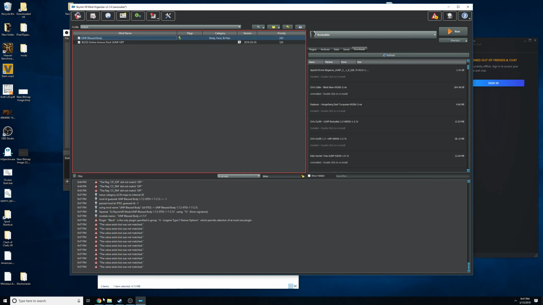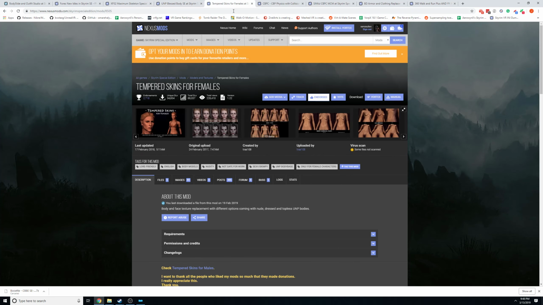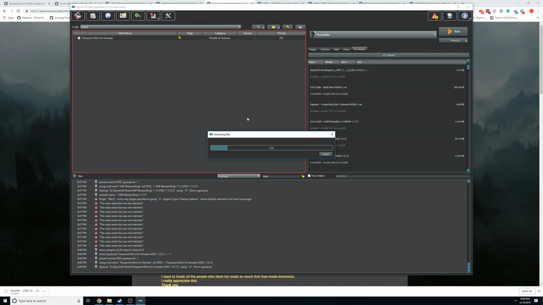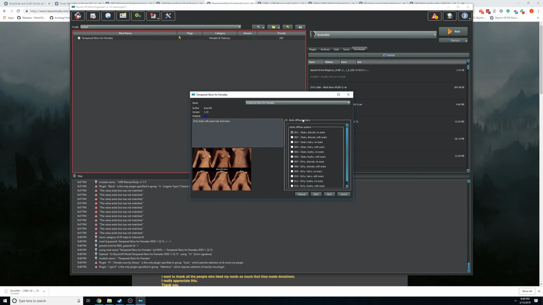Now with any body, you need a skin. The skin obviously is the texture over the body. There's tons of options, but this is the one I usually use. It's got a bunch of options to customize it. So when you're here, for body type, since we are not using, this is if you wanted to use this body. We already installed our body, so you're going to go with the no body. So you hit next,